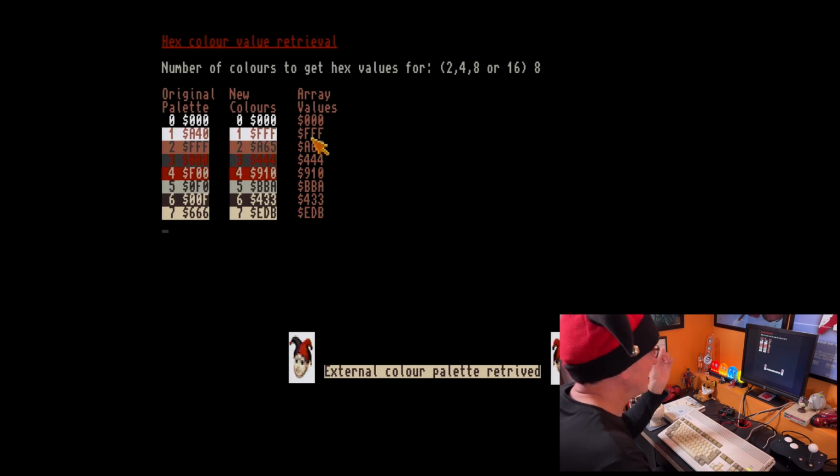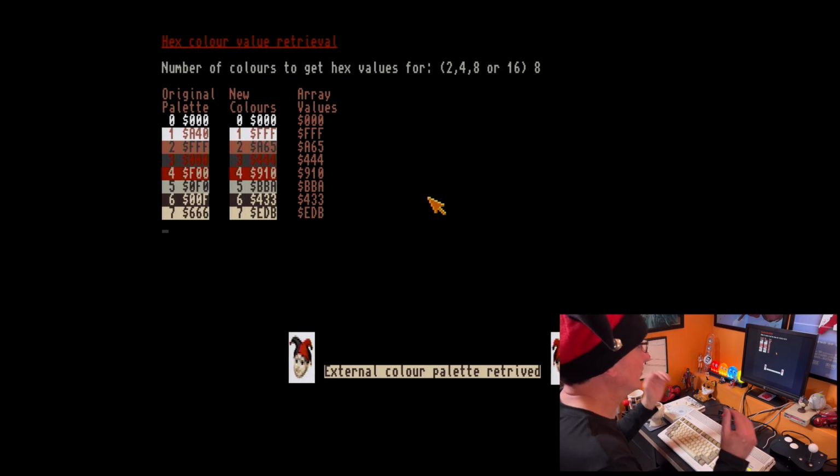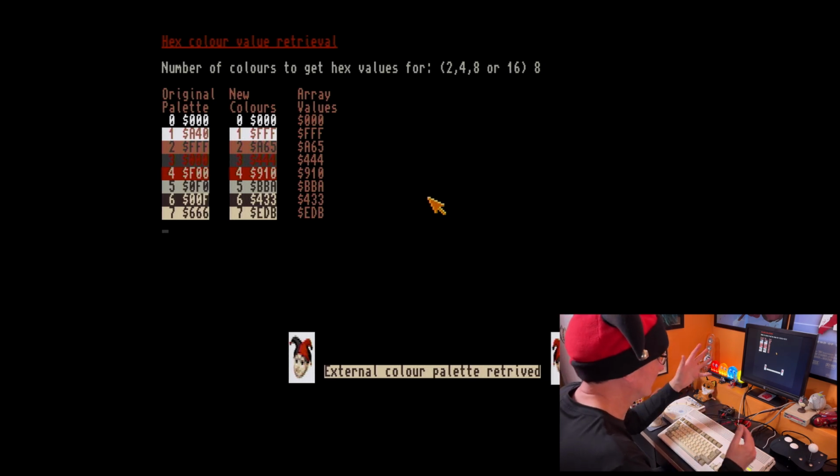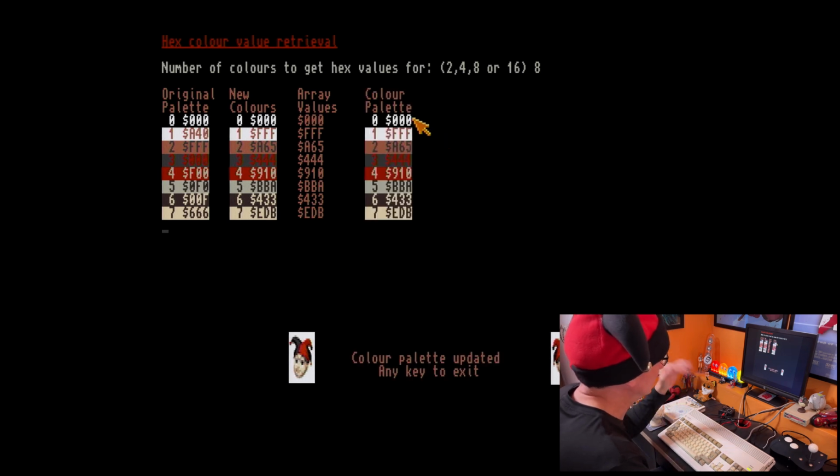What the program will do next is take the values from this array and load them into the default palette command, so you don't have to. You just have to put the code in. It's a little bit clunky, and I'll show you when we get into it, but effectively it's going to take that array, press the key again, and load it in